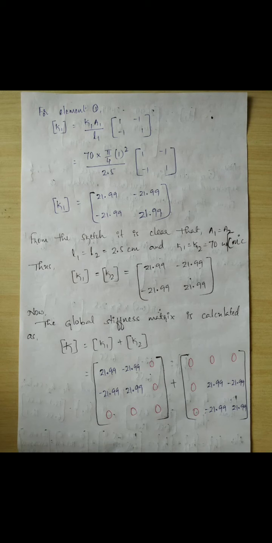Similarly, for element E2, the individual element stiffness matrix is represented by the symbol small letter k2, which means in element E2, nodes 2 and 3 are present and node 1 is absent. Since node 1 is absent in element E2, you introduce zeros along first row and first column of k2 matrix. This has been shown with the zeros being written in red color along first row and first column of the second matrix or k2 matrix in this particular sheet.